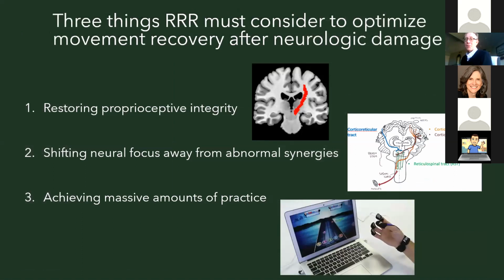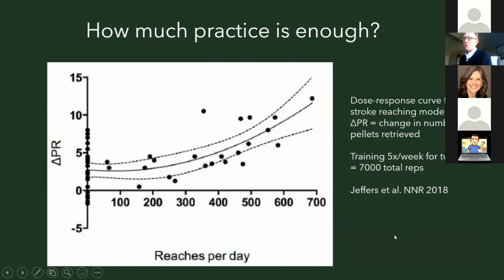And then the last thing I just want to talk about is achieving massive amounts of practice. And I think a really seminal work was this summary of a bunch of rat studies that looked at reaching after a stroke model. This is by Jeffers and Corbett's lab. And here you see that they went back on a bunch of data and looked at the number of reaches per day they were giving rats in rehab practice, and then the change in a skilled pellet reaching